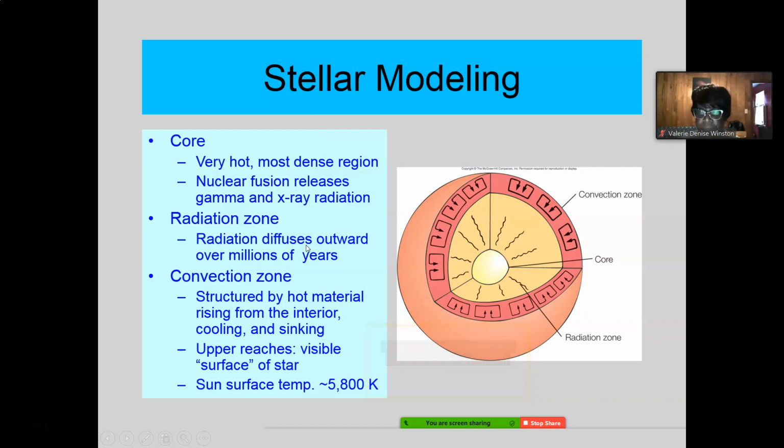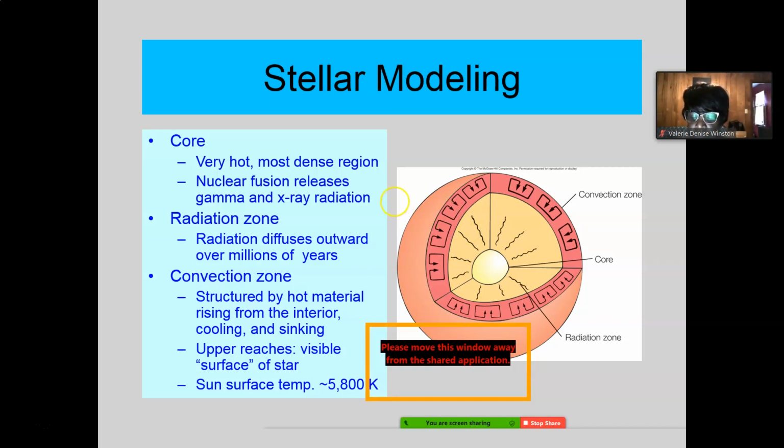Now that, I don't know exactly what they're talking about. The radiation moves at the speed of light, so it doesn't take that long to get out, but it just keeps coming from there over millions, and in some cases, billions of years. Okay, we'll talk about the time later. Okay, the convection zone, that's the outermost part here. The radiation is always leaving from the core and moving outward, but at some point out here, the radiation begins to lose a little bit of its energy. Then the higher energy radiation is moving out, and the radiation that's lost energy is moving in. That's what we mean by convection.